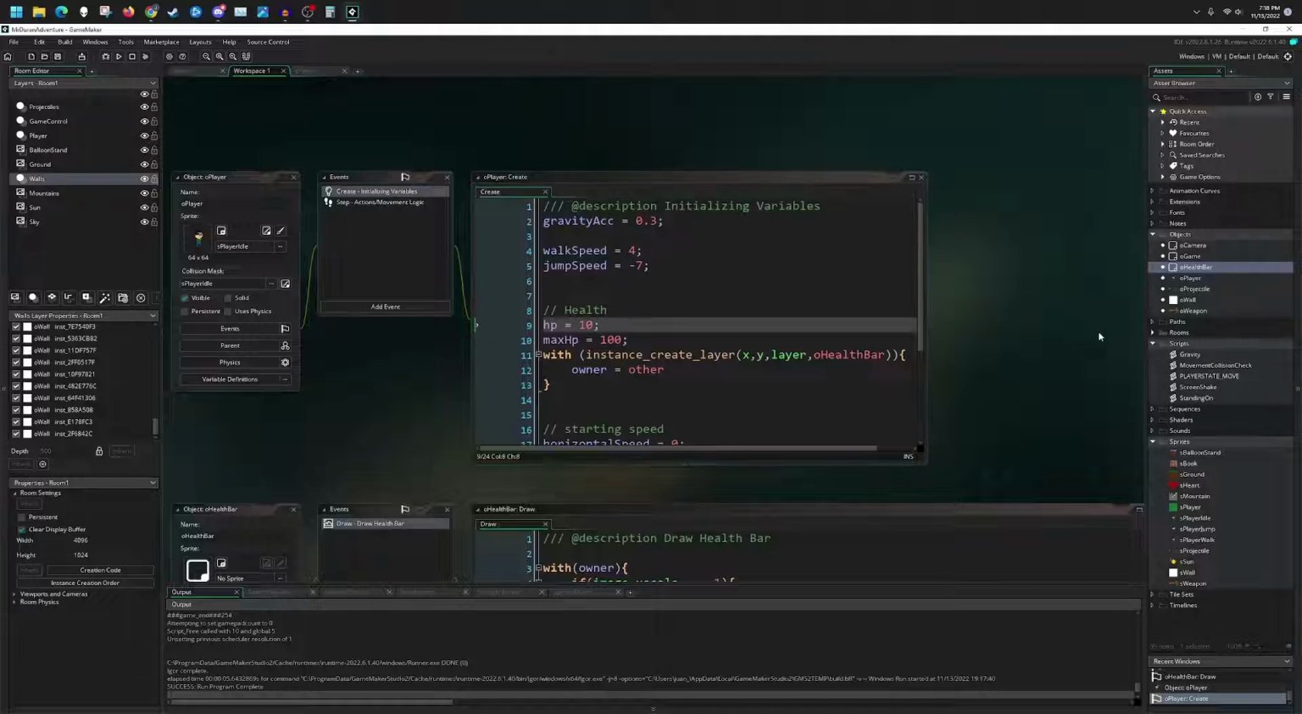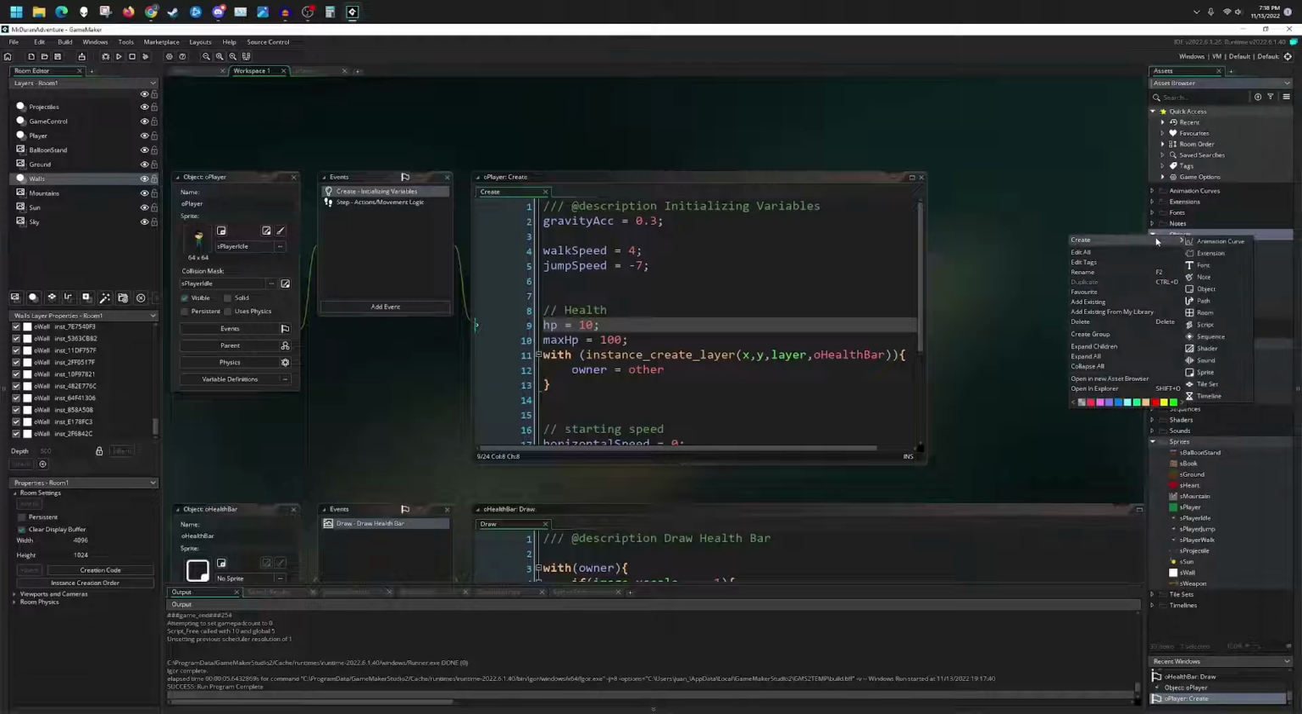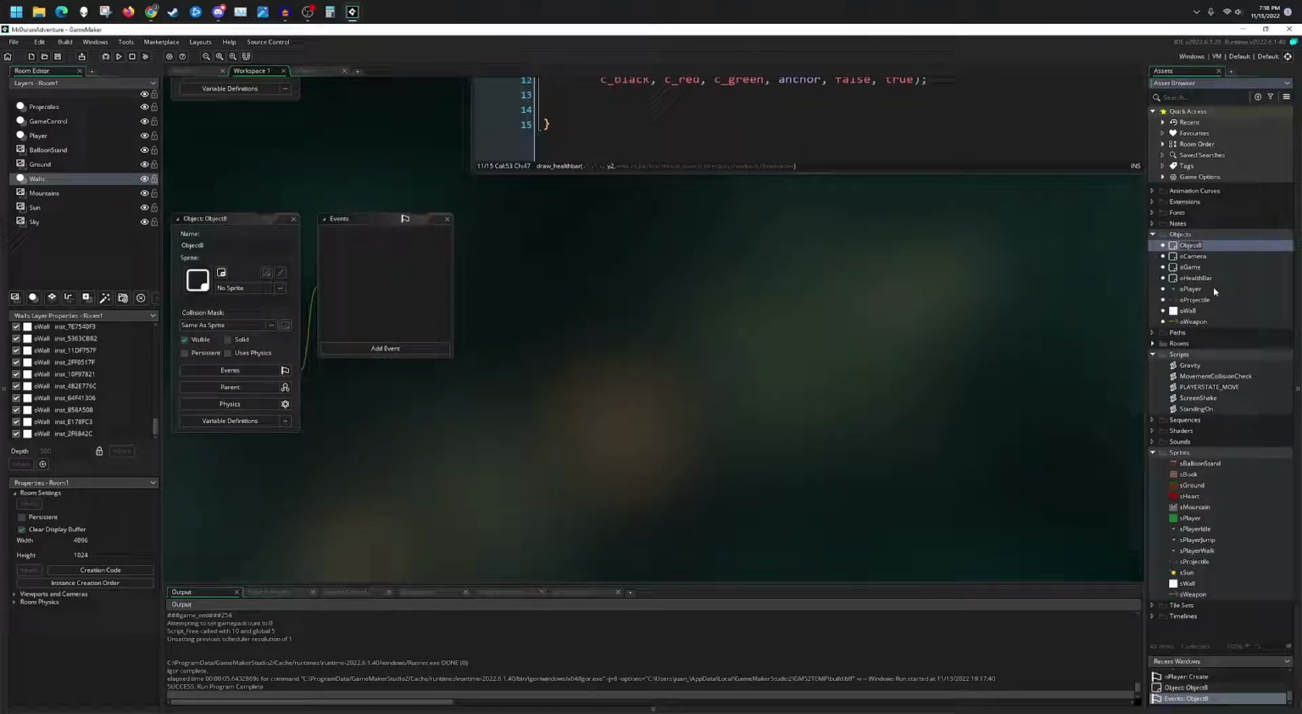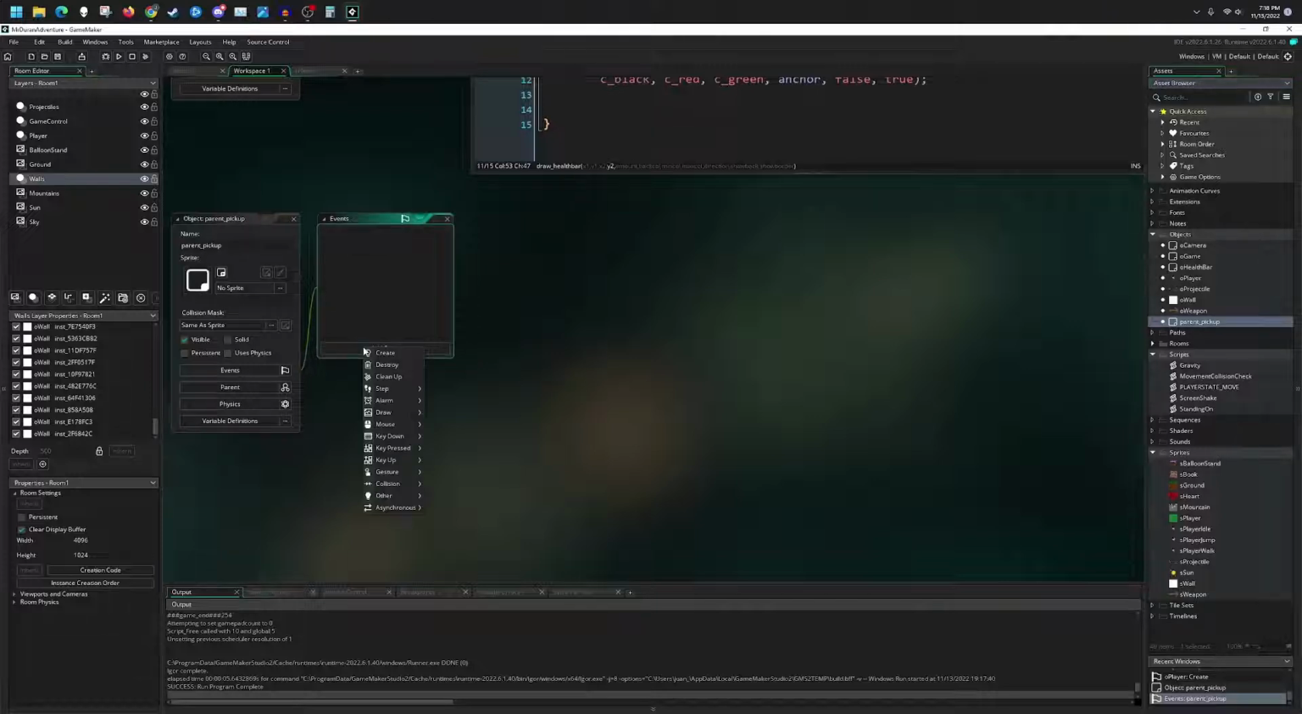But I don't want to have to copy and paste code. I want one thing that serves as the baseline, the template for these other objects. That can be referred to as creating a parent object. So I'm going to create an object here. I'm going to call this parent_pickup. This is going to be a pickup item, or pickup object, that serves as our parent, and it's going to have two events inside. It's going to have its step event,